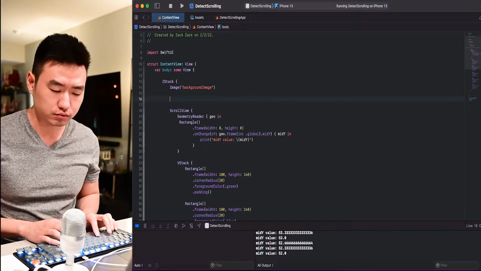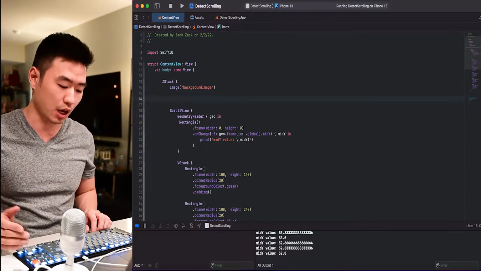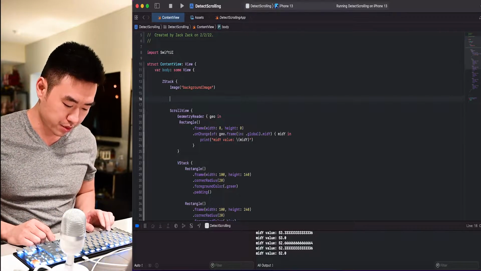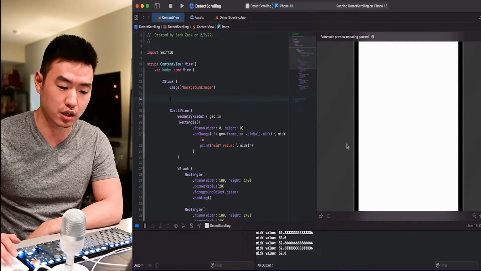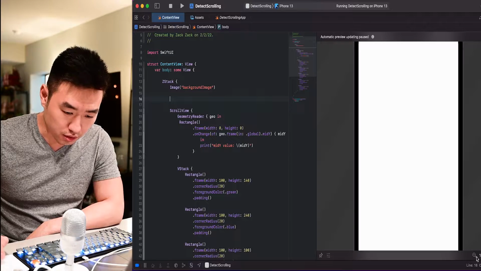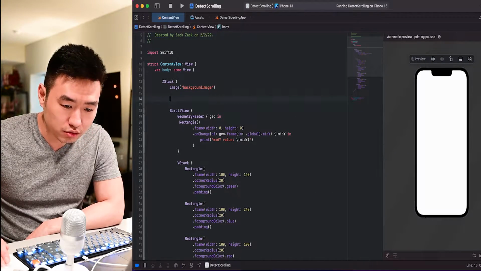Before we add a rectangle, let's open up the canvas again. I'm going to hit Option, Command, Enter, and it brings up the canvas right there. I'm going to make it smaller. Resume,